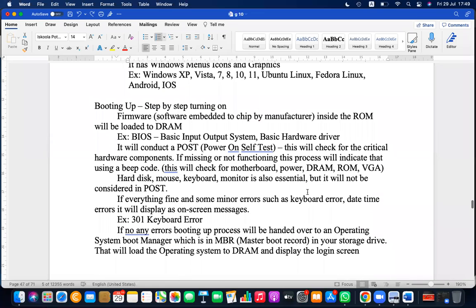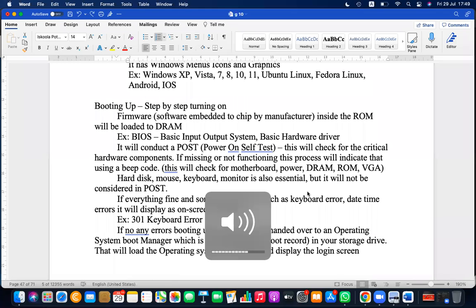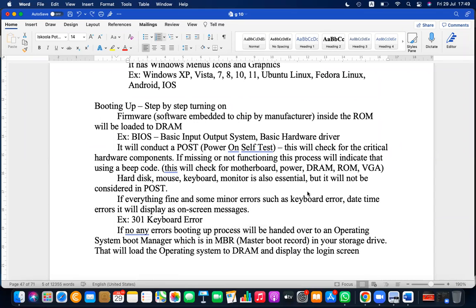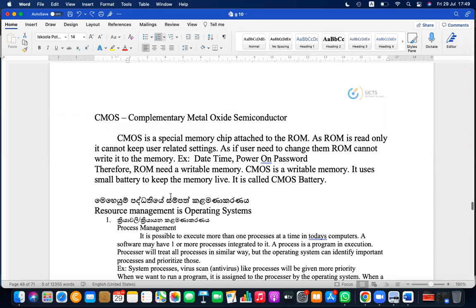Right, then we discussed the booting up process, how it happens. This part, as I can remember, I'm not going to give you time on this because I have already written down this part last day. And then about the